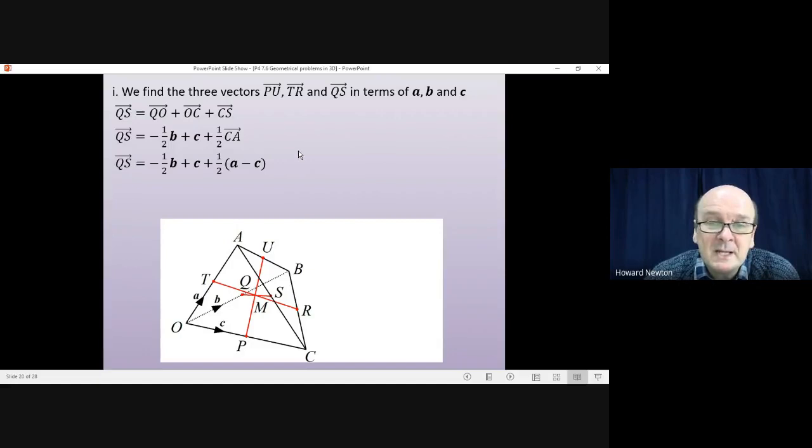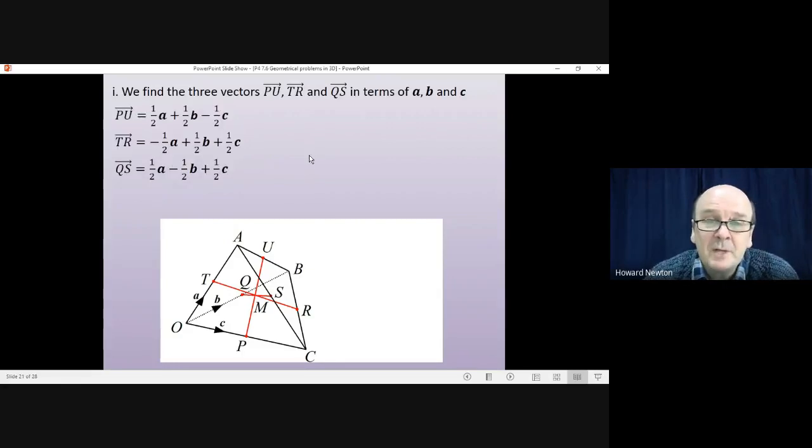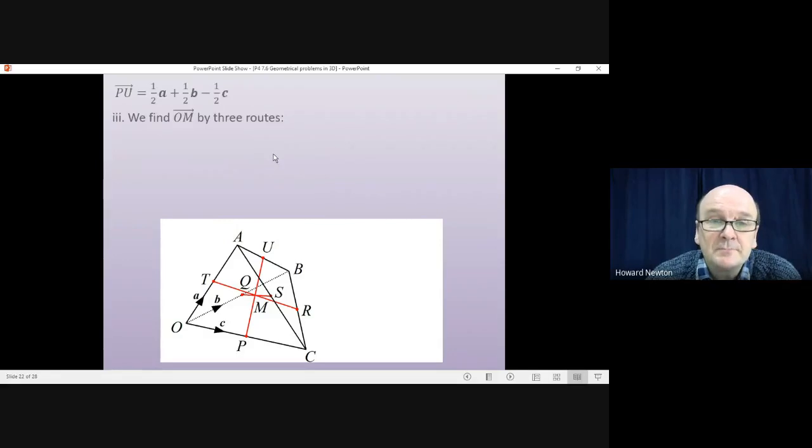Multiplying out the brackets, collecting up terms, gives me QS is equal to a half A minus a half B plus a half C. So we've done part one. Part two, we were just assuming that M is actually the point where these three diagonals meet. Now, the way we show that is by finding the vector OM by three different routes using each of the